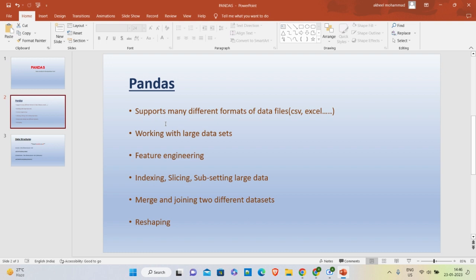set using Pandas. The next feature is feature engineering. As we know, data analysts, data scientists, and machine learning engineers spend 60% of their work on feature engineering. To perform feature engineering effectively, Pandas can be used. And the next feature is indexing, slicing, and subsetting large data sets. Simply, we can say that we can view selected columns or selected rows with some conditions,